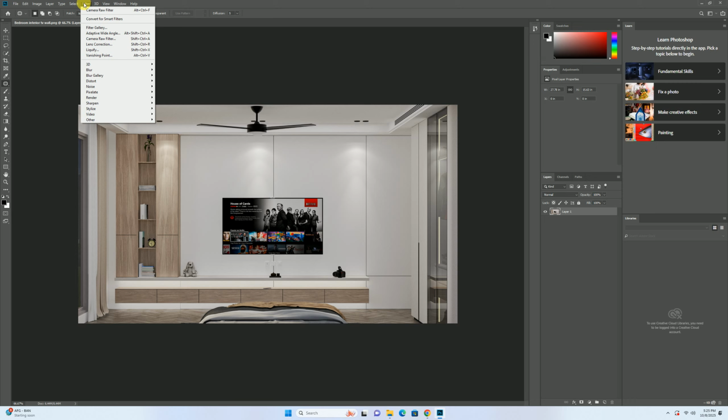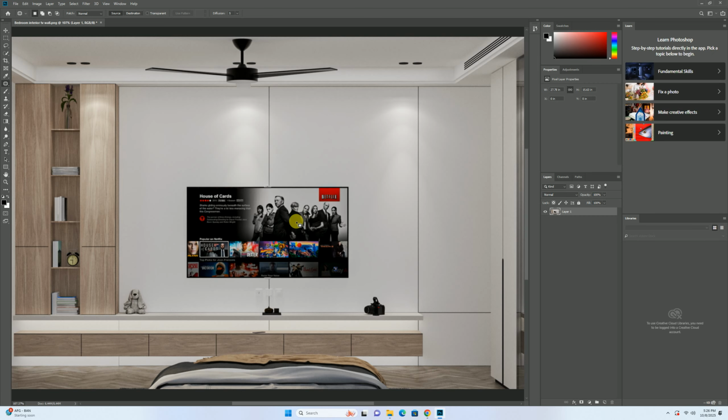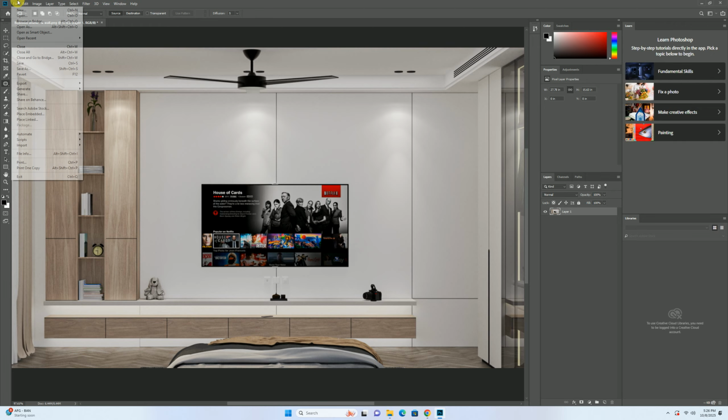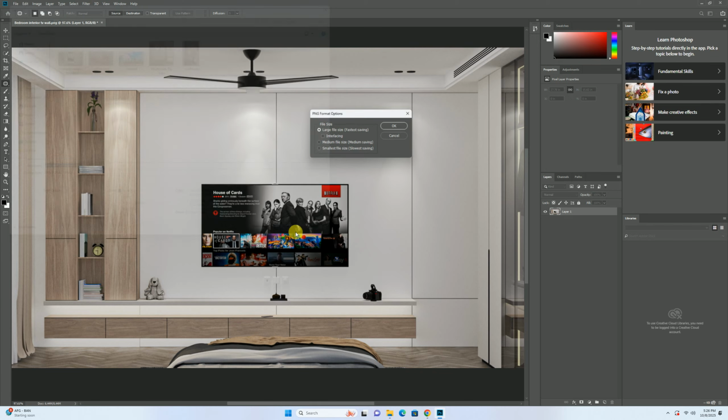Now, if you want, you can go to this blur feature. Okay, no, I'll undo it. After this, you can just simply go to the save option, save as, and we'll save this as bed wall version 2.